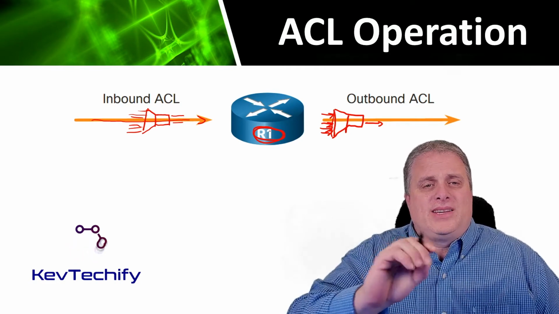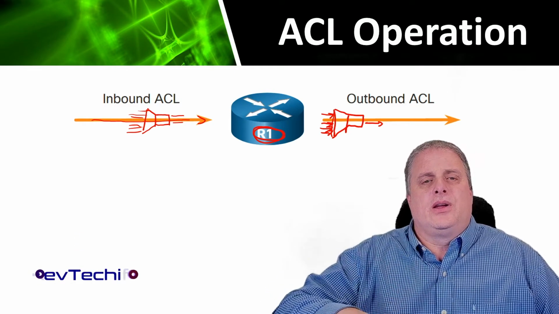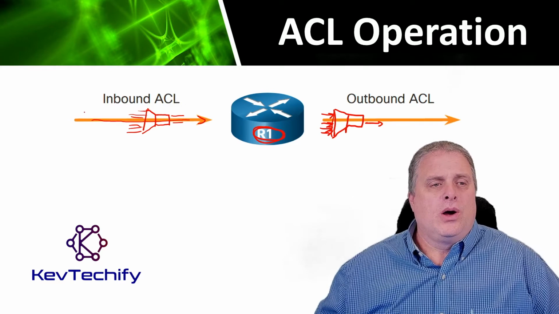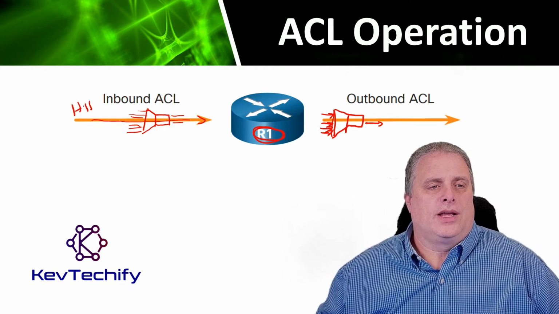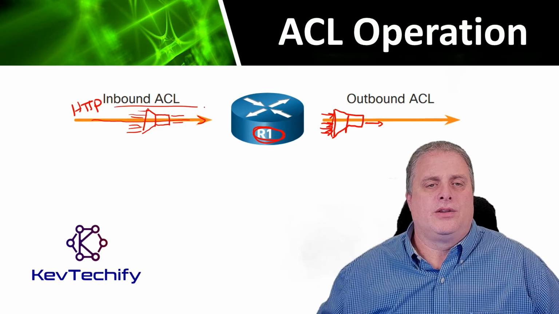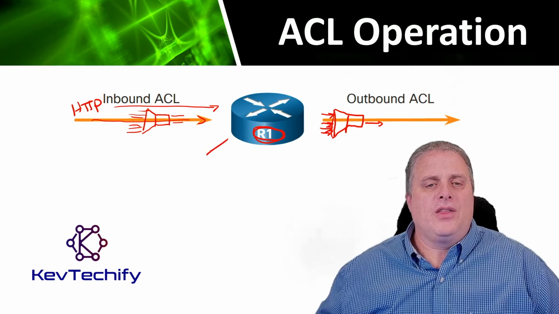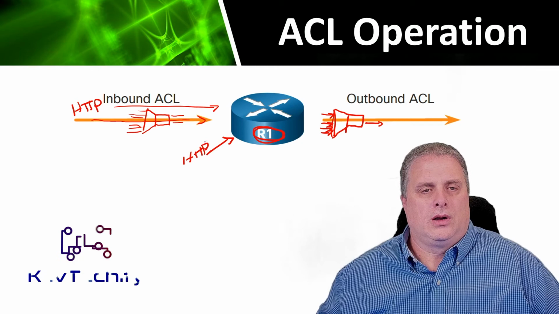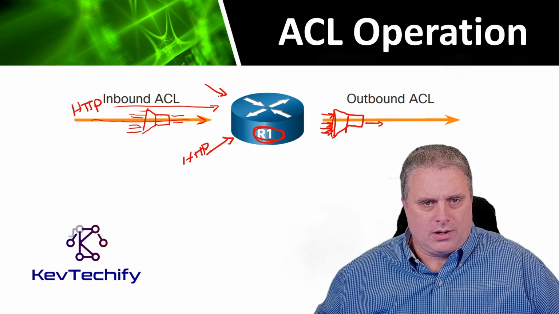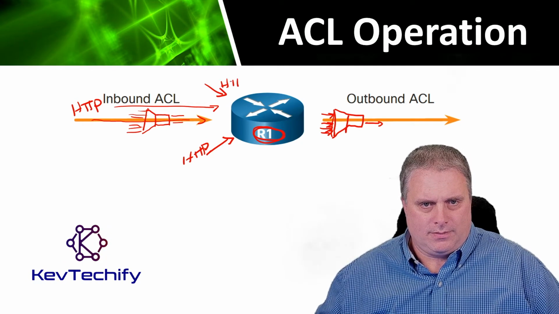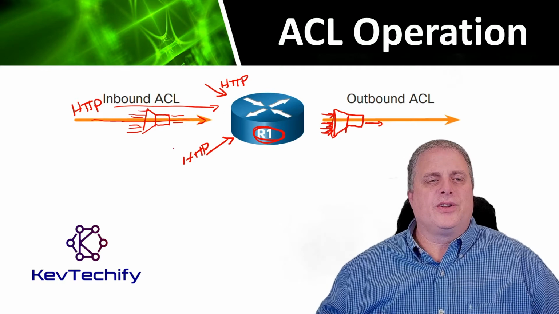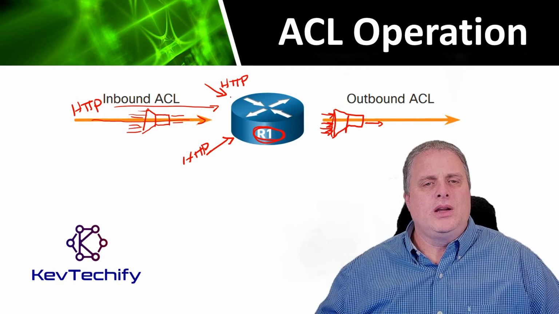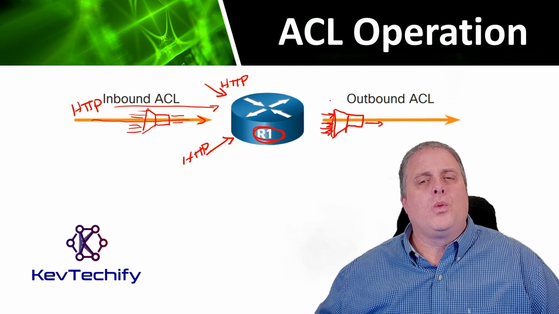Outbound ACLs are best used when the same filter will be applied to packets coming in from multiple interfaces. So we have web traffic over here that's coming in to our device. If we have another network that also has web traffic, and let's say we even have a third one that has web traffic, and we're going to filter that web traffic, instead of doing it on three inbound interfaces, do it on one